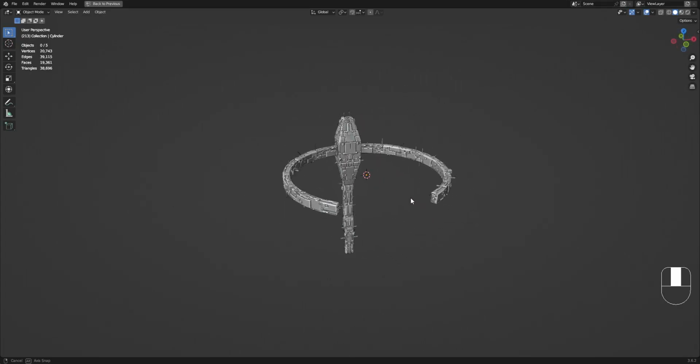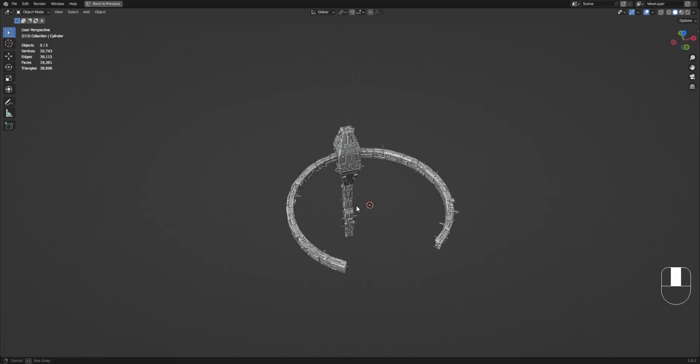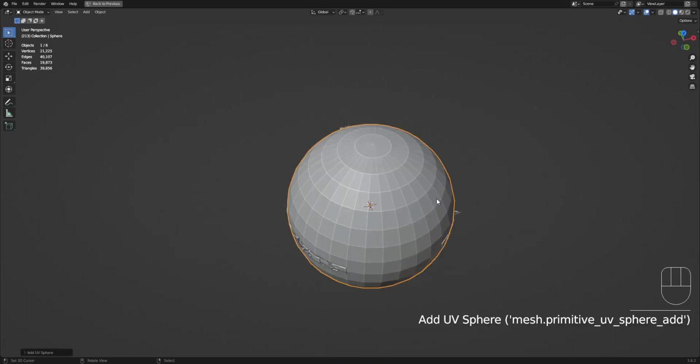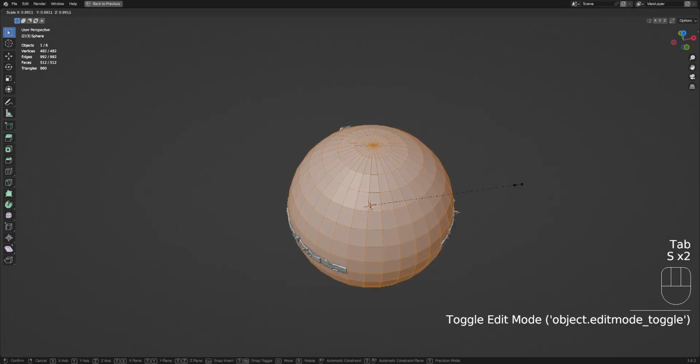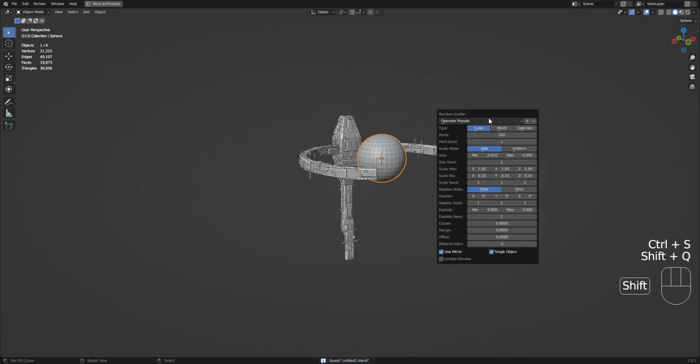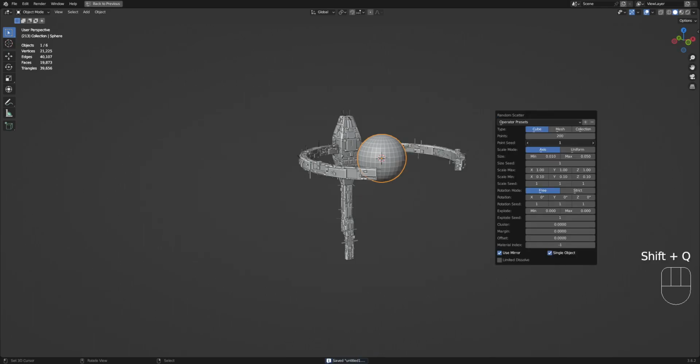If you want to populate this with spaceships, you can do something like, with the 3D cursor here, I can add a UV sphere, and then random scatter. Set this to a higher value first. Okay, and when you have